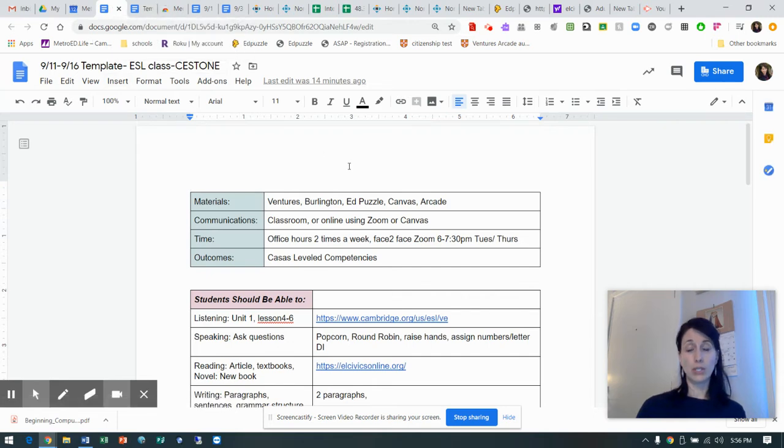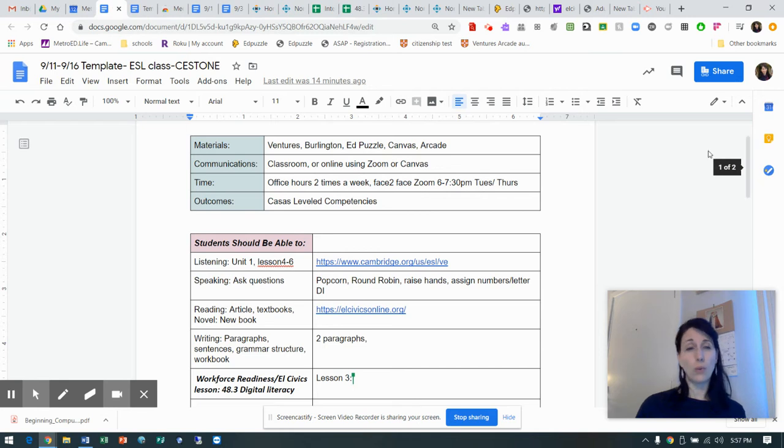And then what I would do, some things change on my lesson plans. Some things are always the same. Materials. I'm using the same materials. Maybe something will change come holiday time, or maybe I do something different if my class changes and I get a new class every 8 weeks. It really depends on your class.